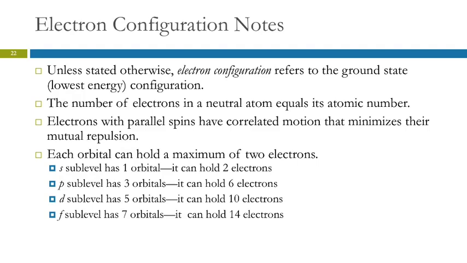The number of electrons in a neutral atom is equal to its atomic number. Electrons with parallel spin, because you might wonder, well, how can you have two negatively charged electrons in the same orbital? Don't they repel each other? Yeah, there's this magic thing about